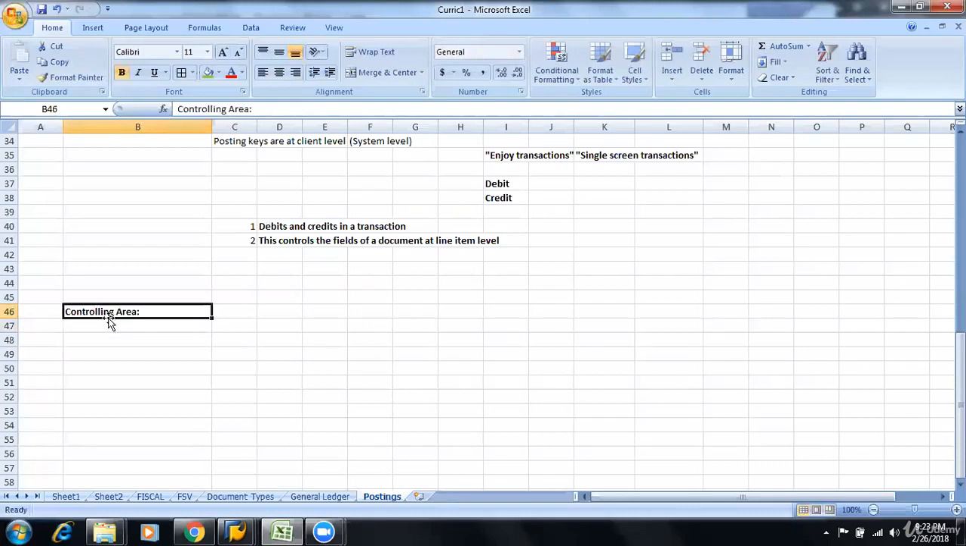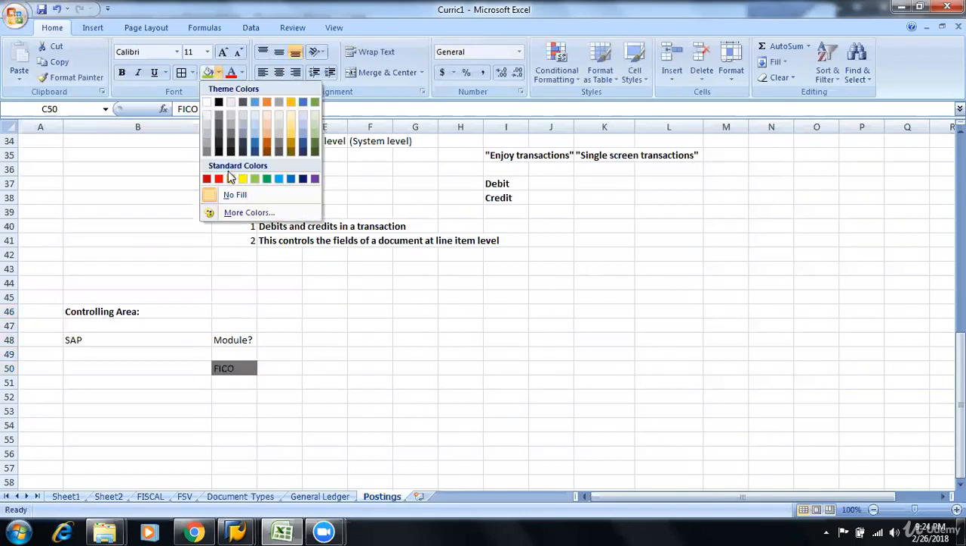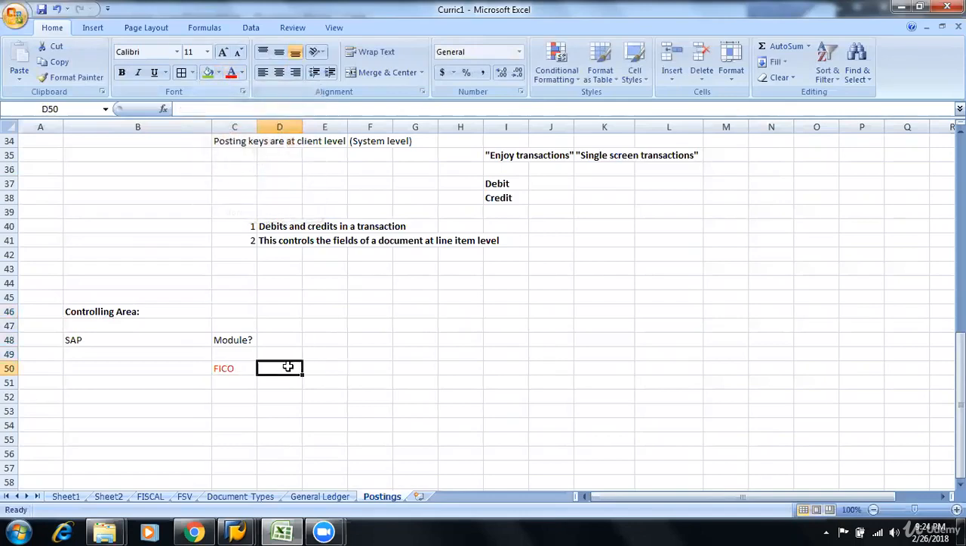What is a controlling area? Now, I'm going to ask you a very obvious question. What are you learning? You're learning SAP. Fine. Under SAP, which module? You would of course say FICO. It's not this way. It's FICO. No, it's not FICO this way. It's basically FI oblique